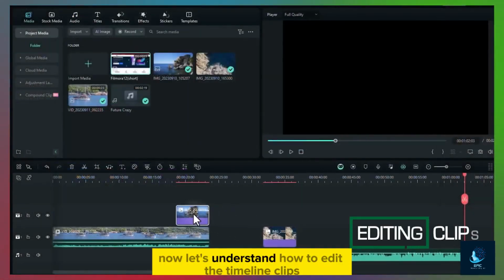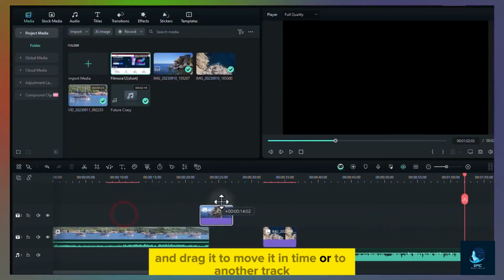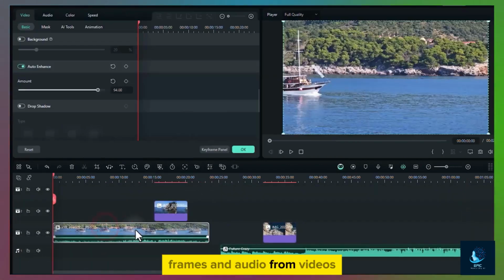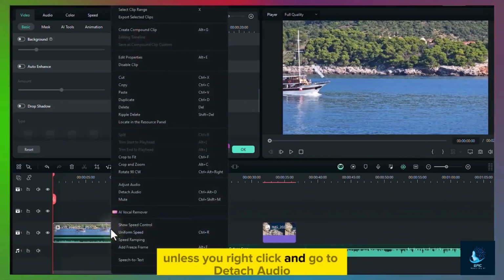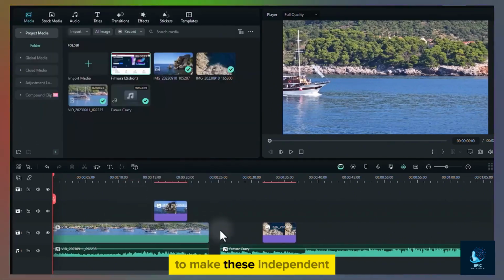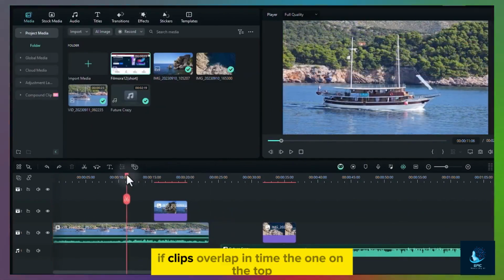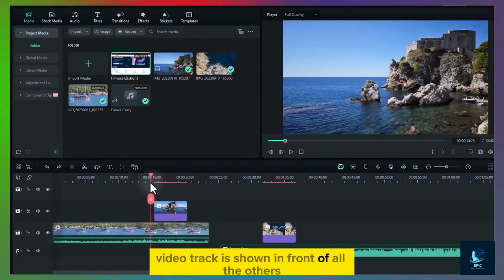Now, let's understand how to edit the timeline clips. Click on any clip to select it, and drag it to move it in time, or to another track. Frames and audio from videos are moved and edited together, unless you right-click and go to Detach Audio to make these independent. If clips overlap in time, the one on the top video track is shown in front of all the others